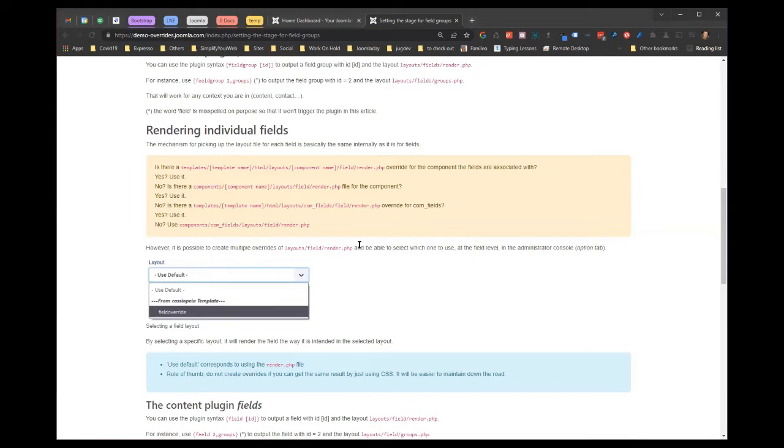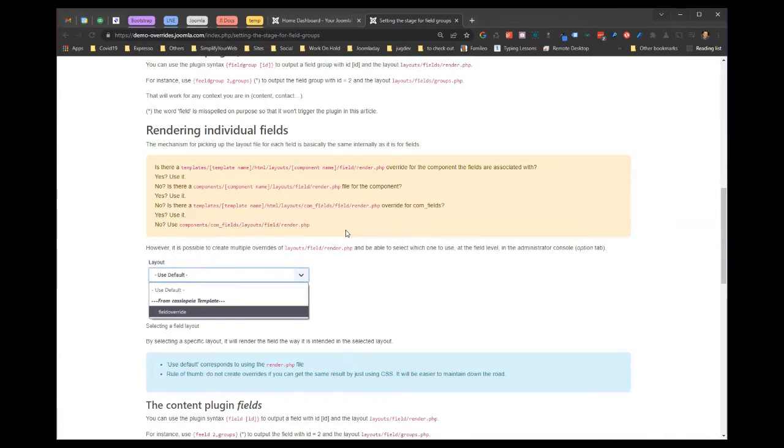Again, you go through the same thing. You look for overrides first in a component. If it doesn't find any, it goes to the component itself to find the render file. If it doesn't find it, it goes to the override of the default, which is com_fields render.php. And if it doesn't find any override, it goes to the default file, which is the component com_fields layout fields